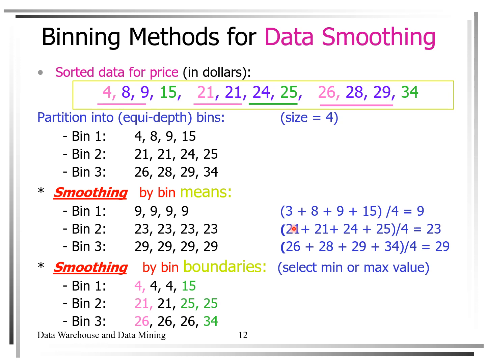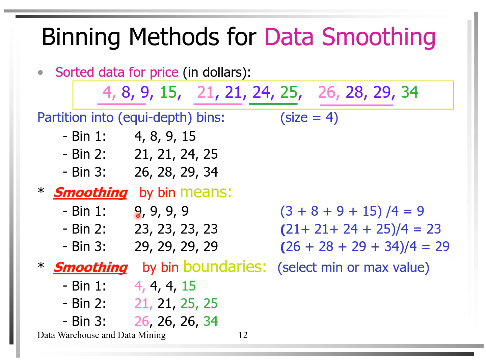We also have 21 plus 21 plus 24 plus 25 divided by 4, and 26 plus 28 plus 29 plus 34 divided by 4. Let's assume that this is correct. So 9, 23, and 29. These are correct, but maybe it's not correct. Anyways, we calculate the mean for each one of them,